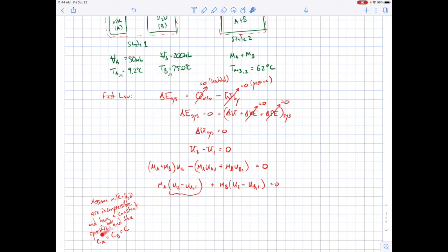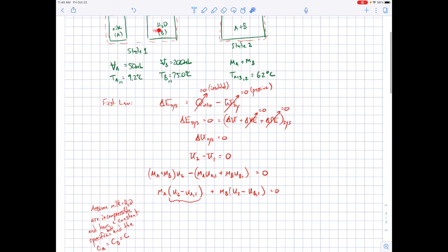Now, the final assumption I made here is that the specific heat of the milk and the specific heat of the water are the same. That's also pretty good because milk is something like 90% water. And if you're dealing with skim milk, like I actually did in the video, it's even closer to being water. So since milk is mostly water, it's going to have very similar properties, so I think that's also a very